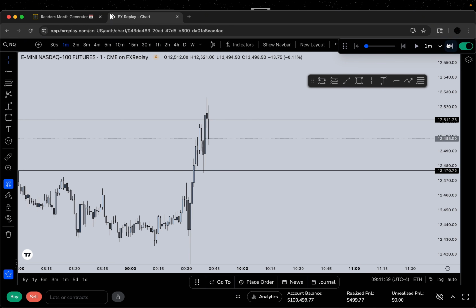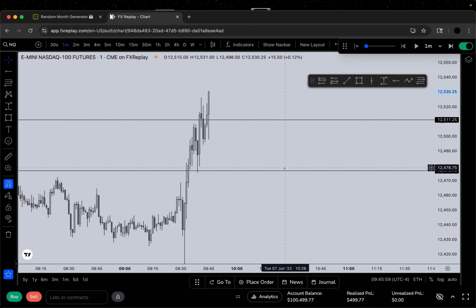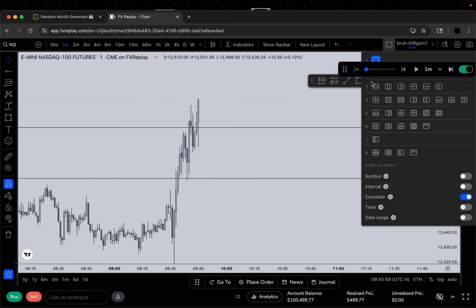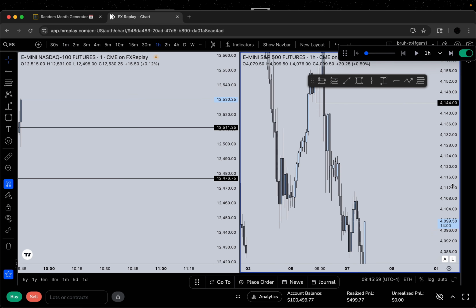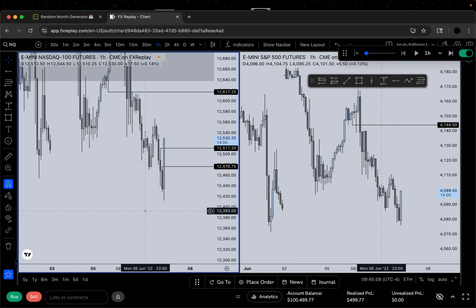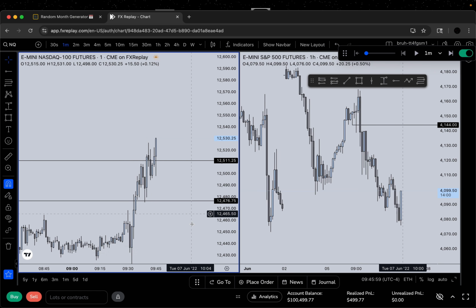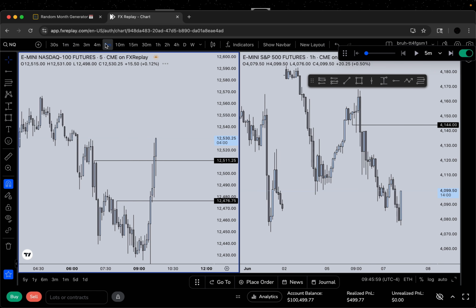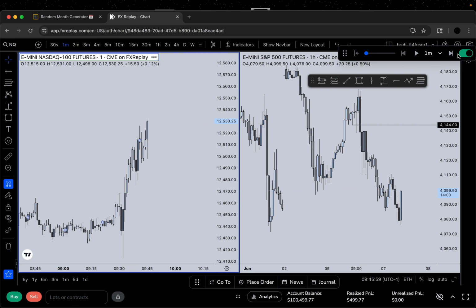Damn, both of them just ripped through, bro. I don't know if I want to take a short here, unless we get a filthy change in the state. But it doesn't look like we get that. Didn't even look what ES was doing. ES is actually, okay, so we actually have an SMT at this low now. Yeah, I could be bullish here. We'll see if I get an entry. But now we're kind of printing some LR. Probably have a 5-minute gap. Yeah, we have a 5-minute gap with built up LR. I could see a mech here.